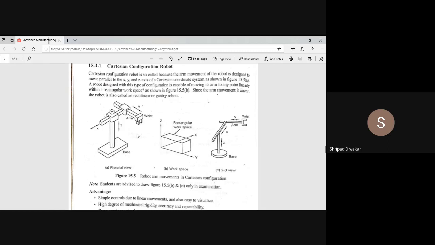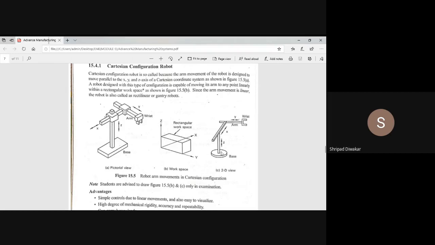It means we can have linear movement using this robot. We can move the arm in the x, y direction. This is the x direction. You see the parts of the robot: this one is the base, this one is a link, and this one is an arm. We have different arms. This is called the wrist. These are the basic parts of a robot. It's very similar to human parts.